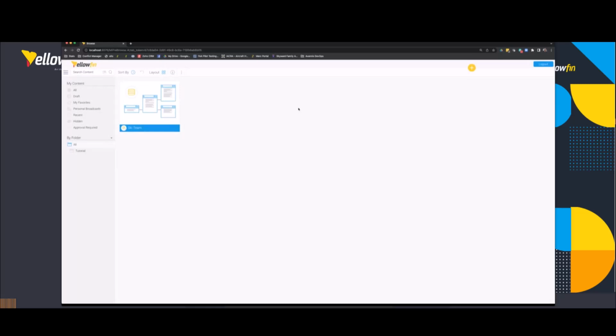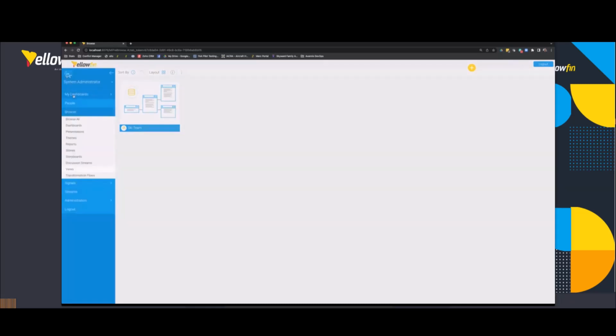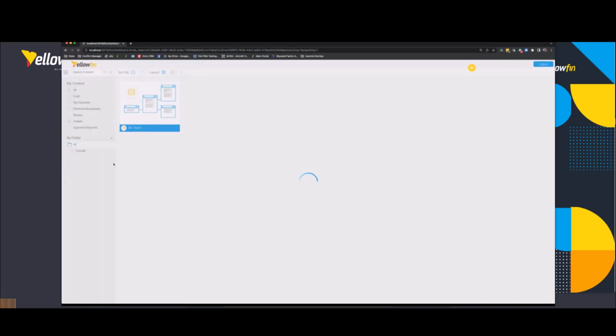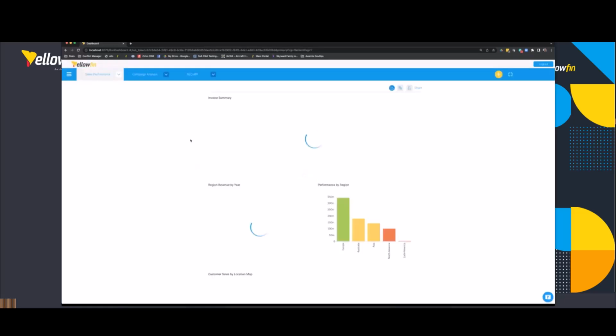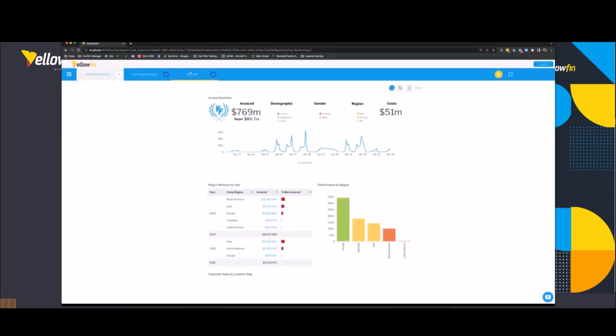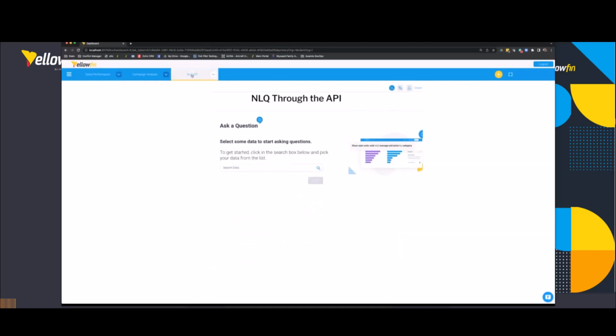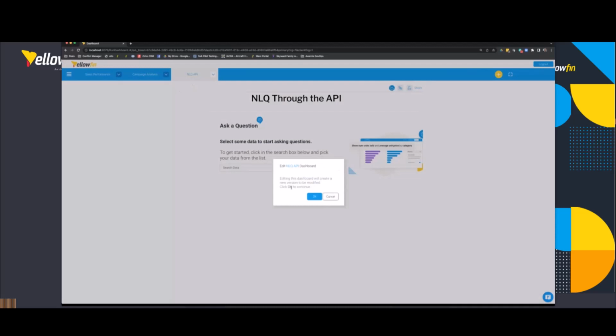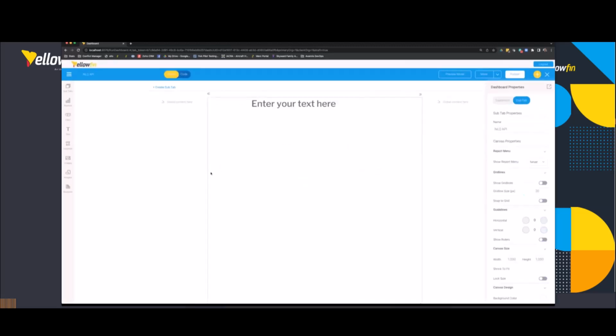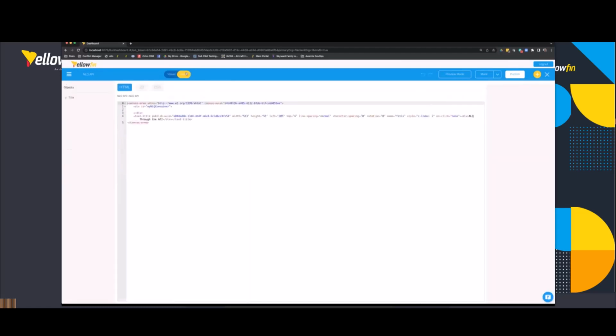So as a final point I'll make, if we go back to our dashboards, this does support an API. It's a JavaScript API, just like with embedding reports. And so here what I've done is actually embed natural language queries into Yellowfin. That's a little weird. You would never really embed something like that into Yellowfin, but it serves as a simple example to illustrate not only Yellowfin's code behind model, but also the fact that this simple JavaScript API is really straightforward to use. I just have a text box here, and when I switch over to code mode, for those of you that are more kind of